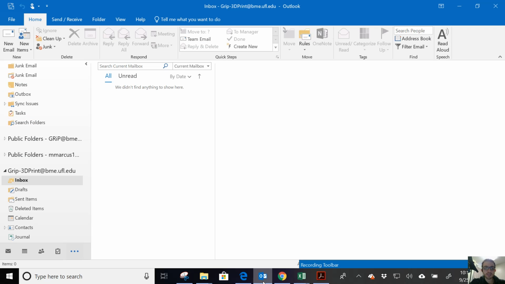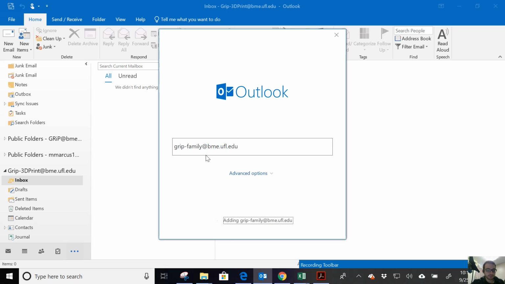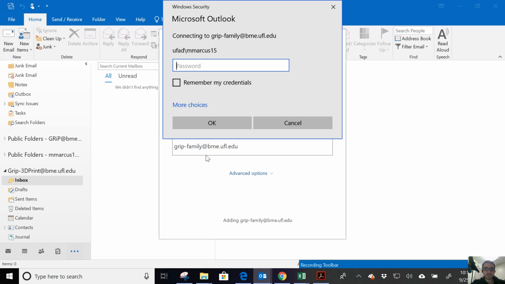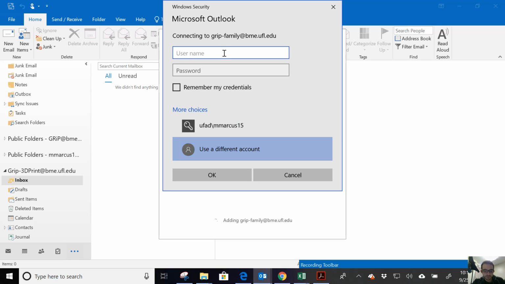So if you go to Outlook, to set up an email, you have to go to File, Add Account, and you're going to enter in whatever email you want to set up. So let's say I'm setting up grip-family@bme.ufl.edu. I'm going to press Connect, and it's going to connect me to this email. Now, when I sign into the email, there's no password associated with it because the password is your UF email and your GatorLink password. So when this screen pops up, you're going to want to go to more choices, and press use different account. And so for your username, you're putting UFAD